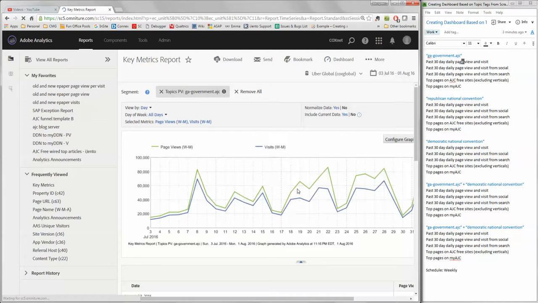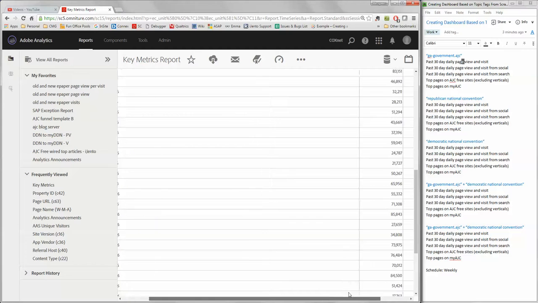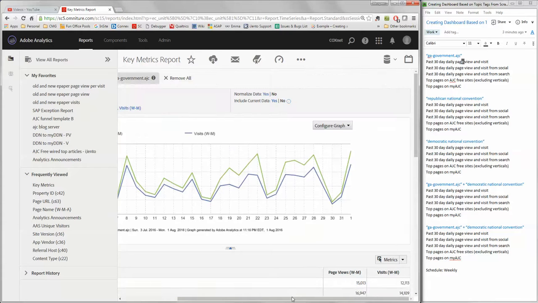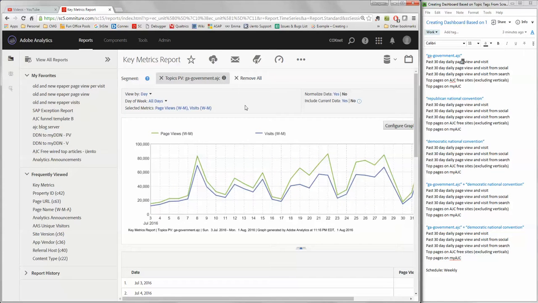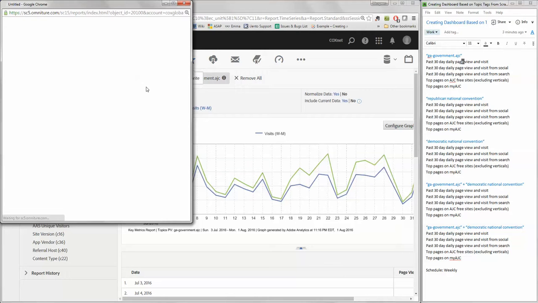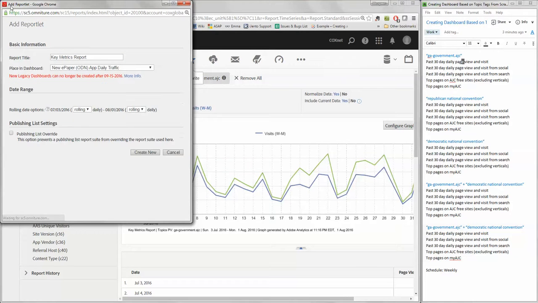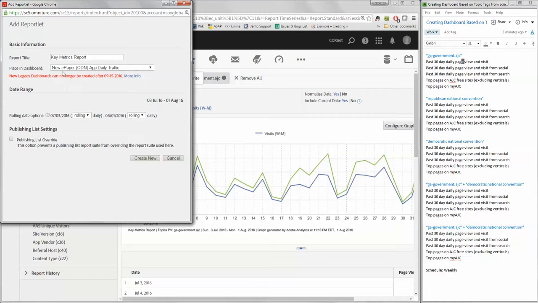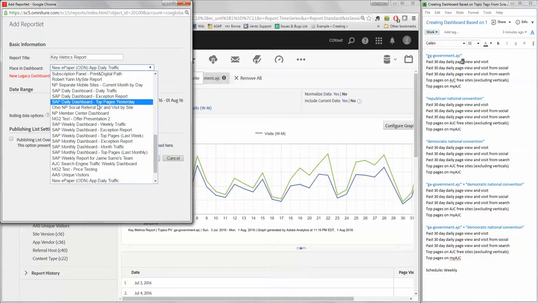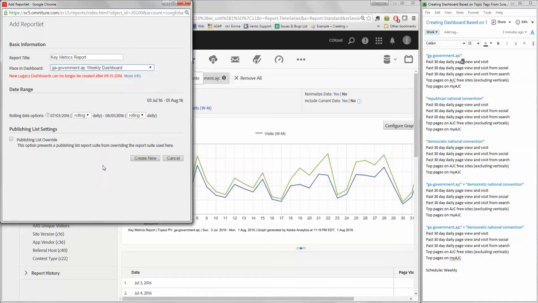Then this should be ready to be added to the dashboard. Now there is a button there, so this one, it says dashboard. Just click on it and it will ask you to add reportlet. You find a new dashboard created there and put a name for the reportlet, which is